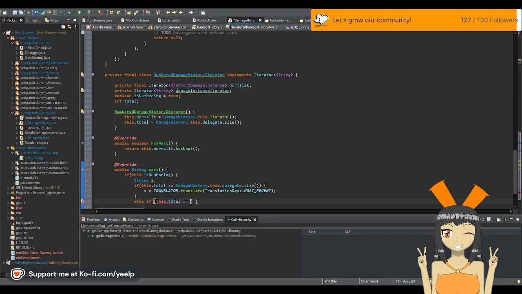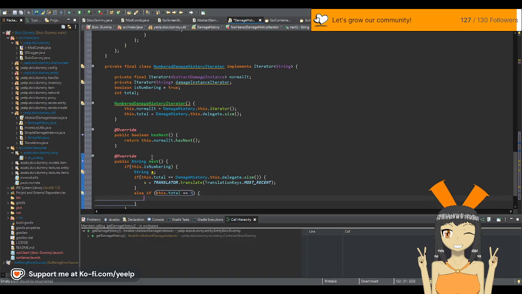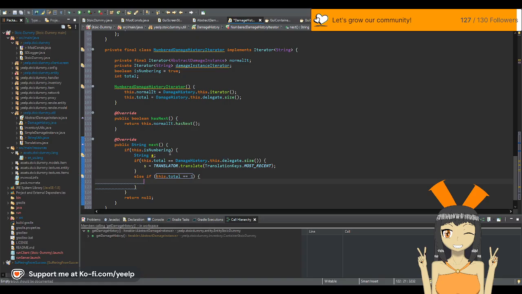So if this is 0, no, if it's 1, translator.translate translation keys.least recent. Otherwise, S is gonna be